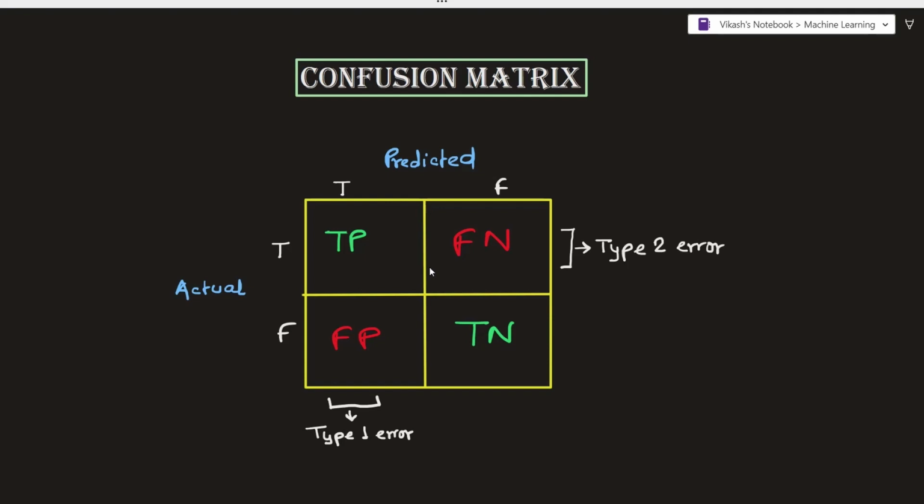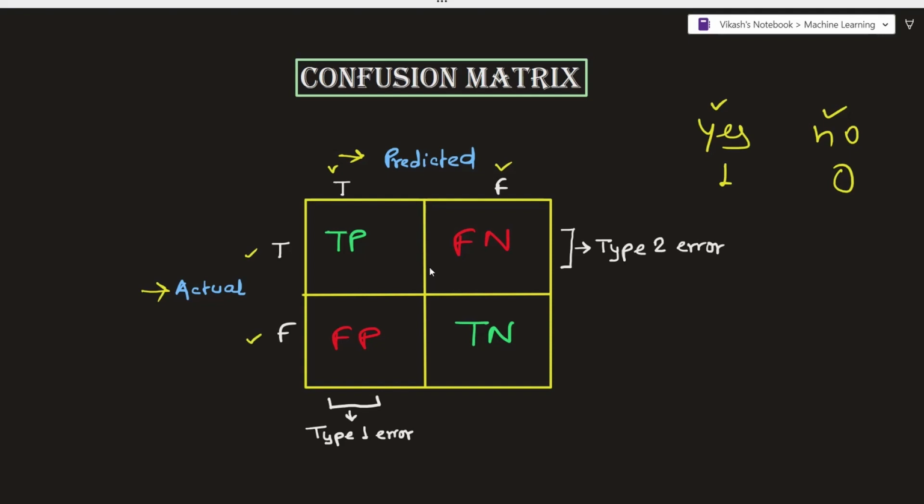Suppose that you are trying to solve a classification problem where you are trying to classify between two categories like yes and no, or let's say 1 or 0. In this case, where you have only two categories, a confusion matrix will be a 2 by 2 matrix with 2 rows and 2 columns. So let's understand the structure of this matrix. On the horizontal axis, we have the predicted value. It could be true or false, or let's say yes or no. And on the y-axis, you have the actual values that you are trying to predict, which will be yes or no,